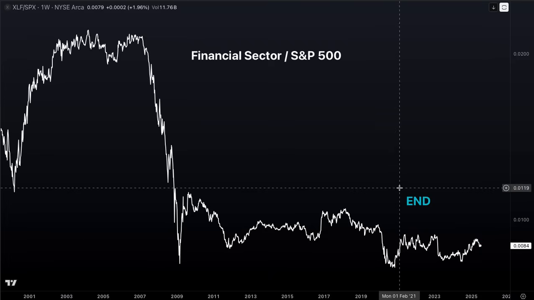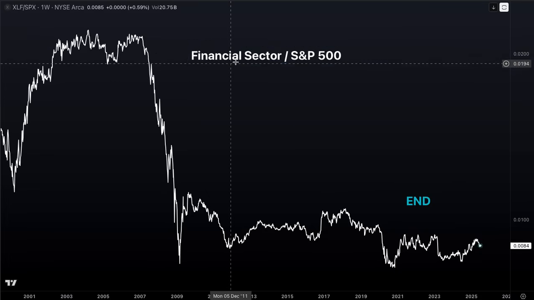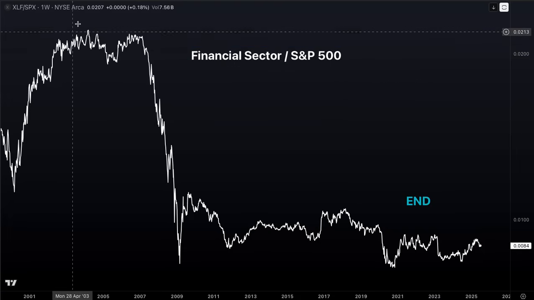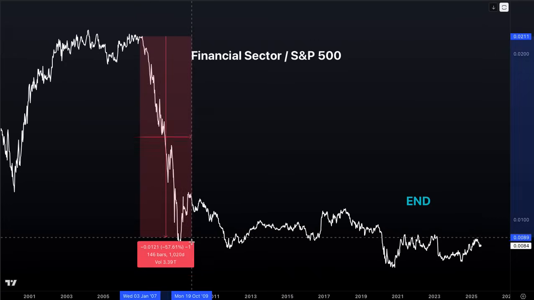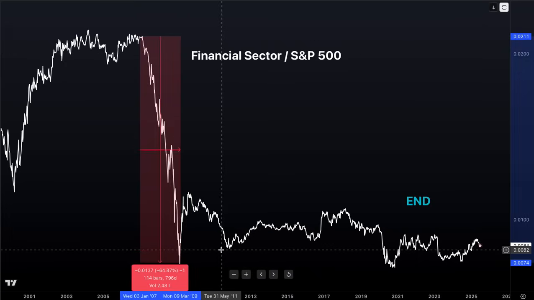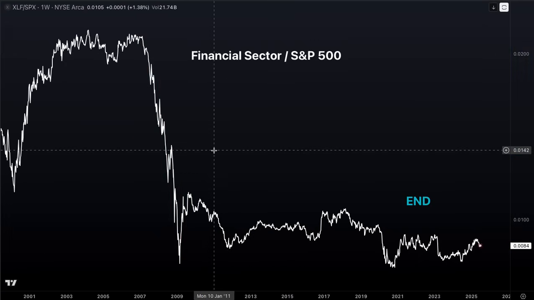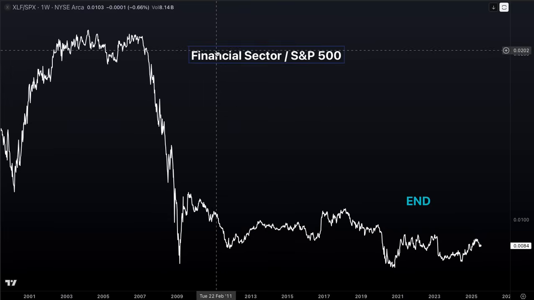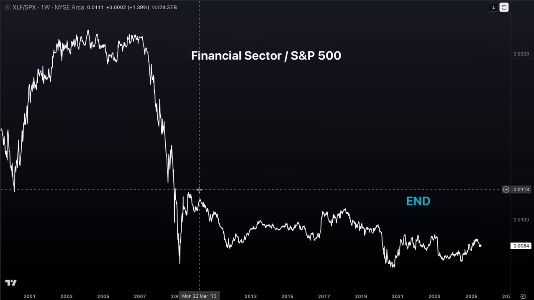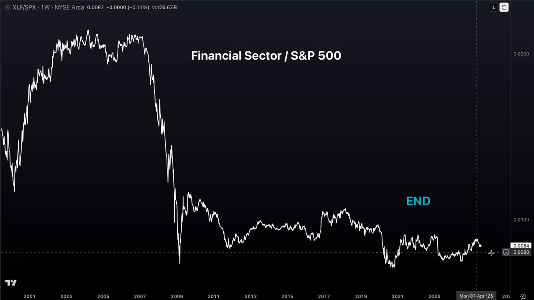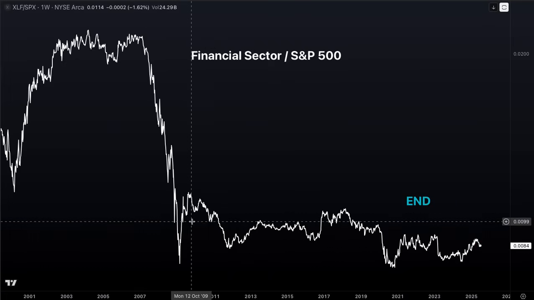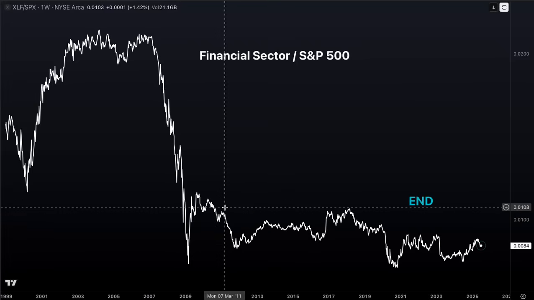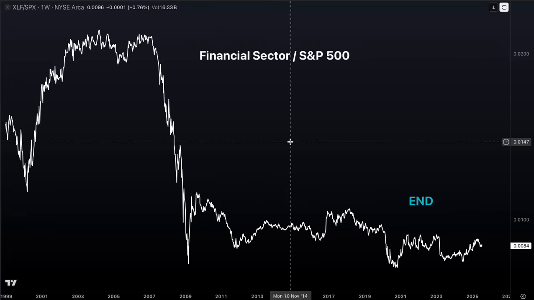And here's kind of another way to tease that out. So here's the financial sector, right? All the stocks that represent the financial sector divided by the S&P 500. And what you can see is 2008 was brutal for them. On a relative basis, the financial sector fell 65%. The S&P 500 fell, right? But the financial sector fell 65% more. And look, it has just gone sideways. I mean, you could even call that a downtrend. They never recovered. The private banks, something happened in 2008, and we'll get into this in part two.